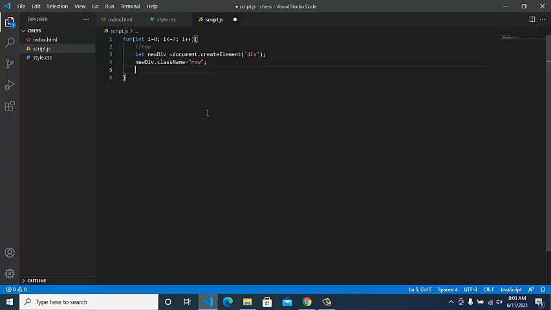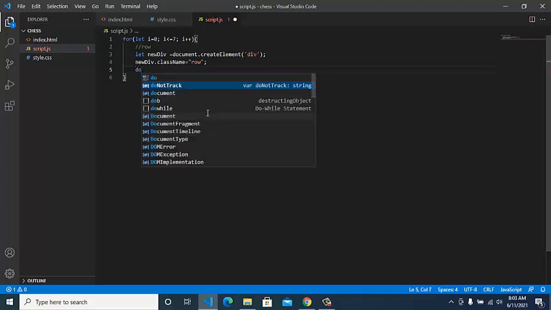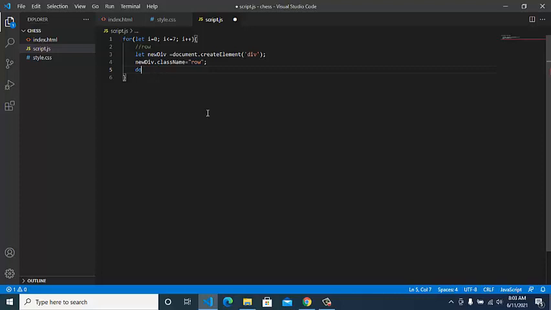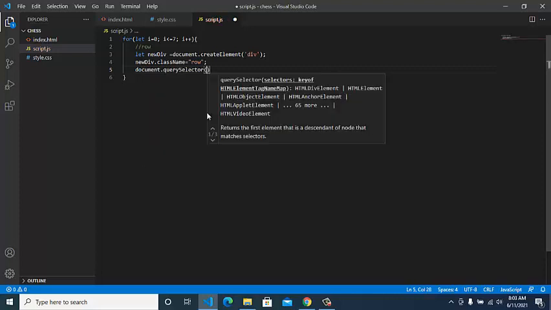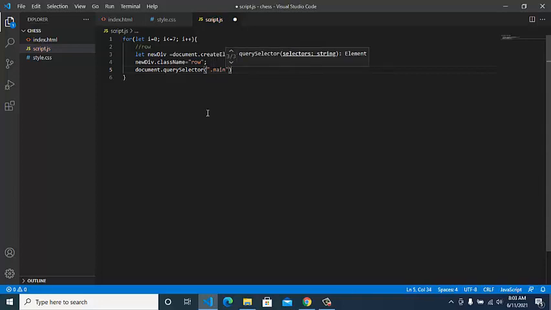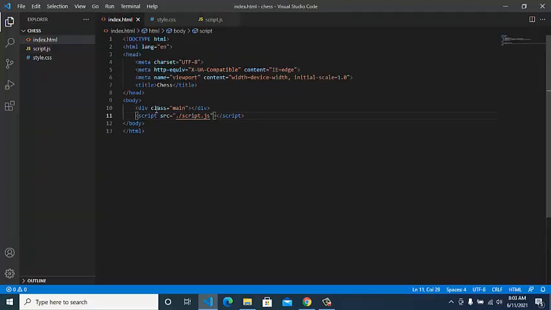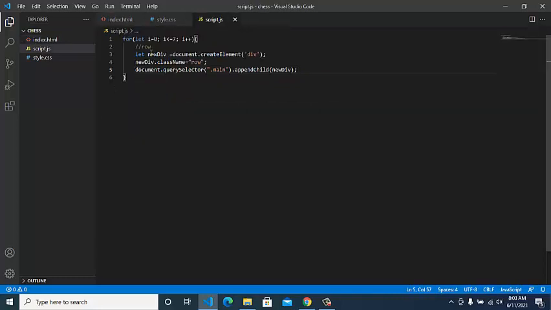So we'll use document.querySelector, and in this querySelector I'll call the main class div, and I'll append the child called newDiv. Here what I'm doing is calling this div and adding the children that I have made in the loop.